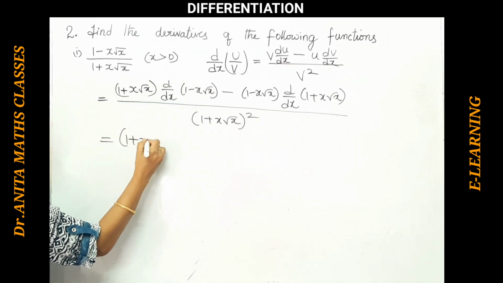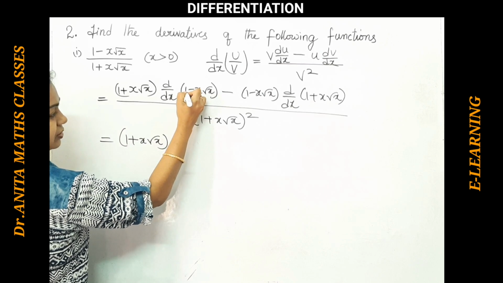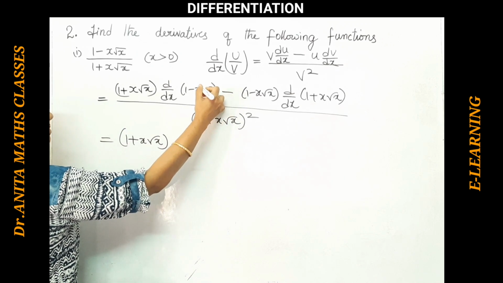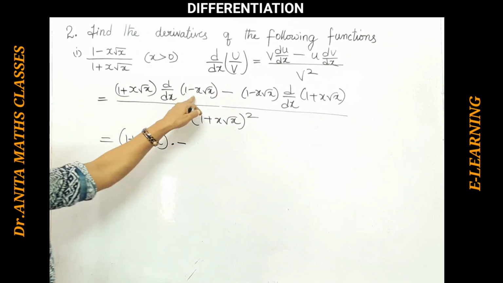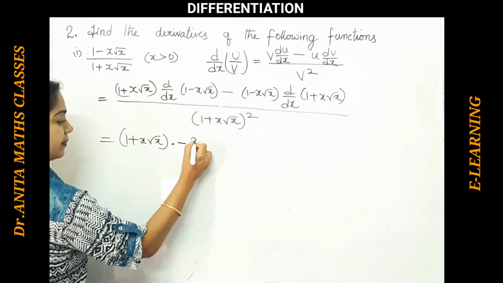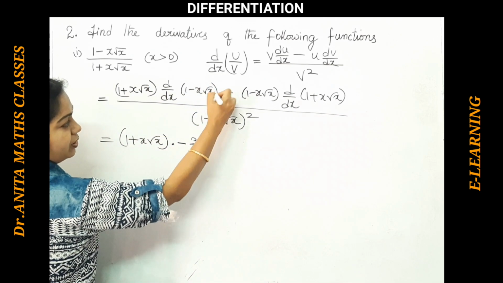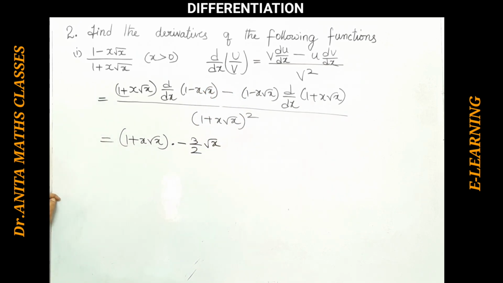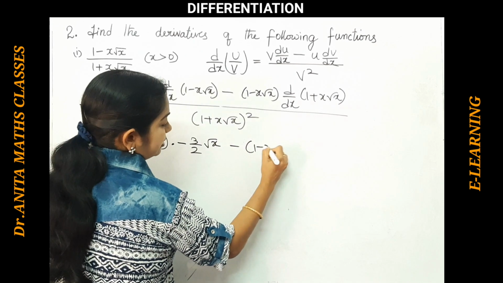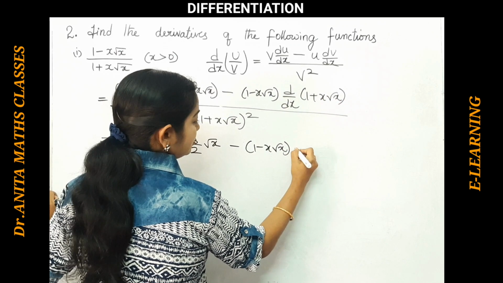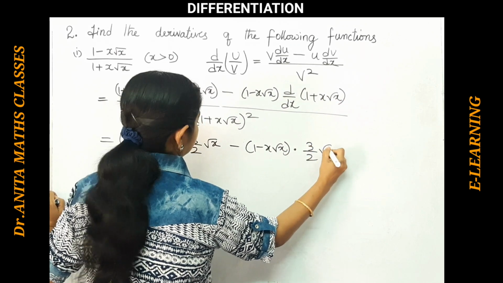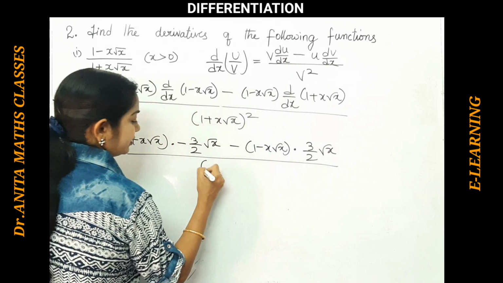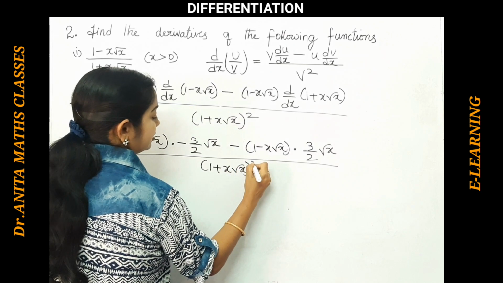So let's start the differentiation here. Differentiation of one constant is 0. Here differentiation of this is minus, so this is x to the power 1, and here that is x raised to the power of 3 by 2. So the 3 by 2 comes before. X to the power of 3 by 2 minus 1 again becomes root x. So 3 by 2 root x, minus 1 by x root x. Same thing here also, 3 upon 2 root x. Divided by, again we have v function, 1 plus x root x whole square.